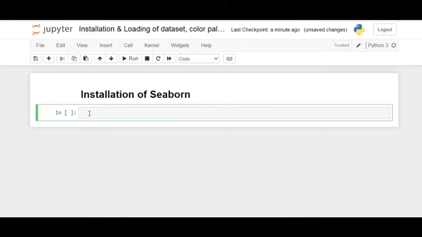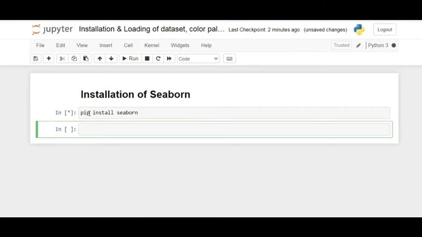So there are different methods to install Seaborn. The first one is using pip installer. So for that command, you have to write pip space install seaborn and run the cell. I'm using shift enter and wait for it to install.